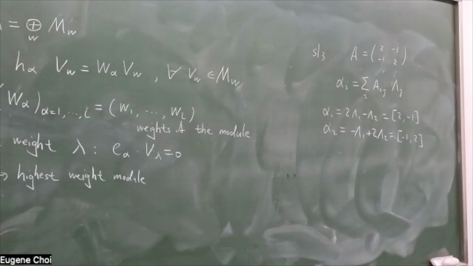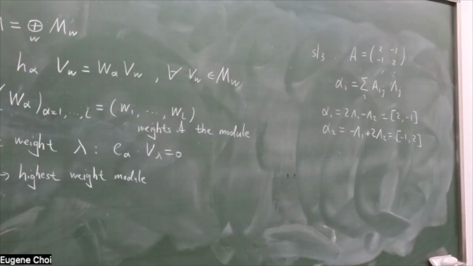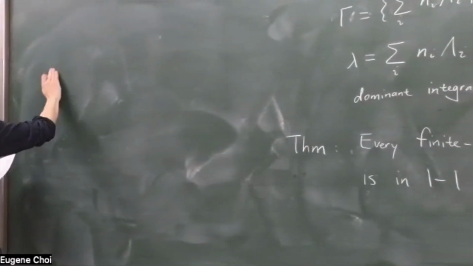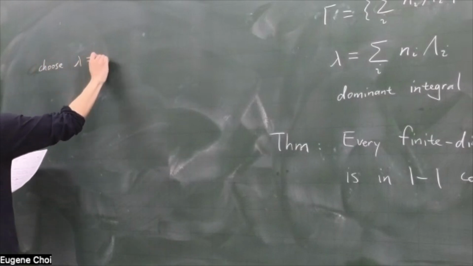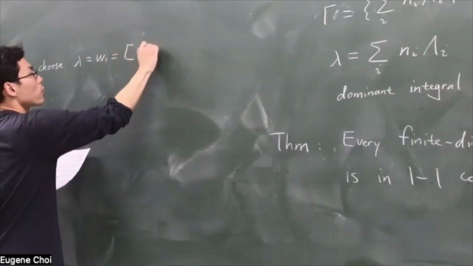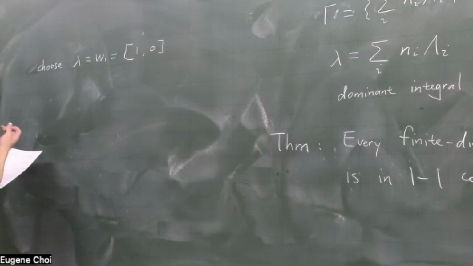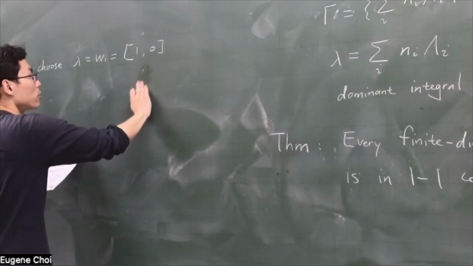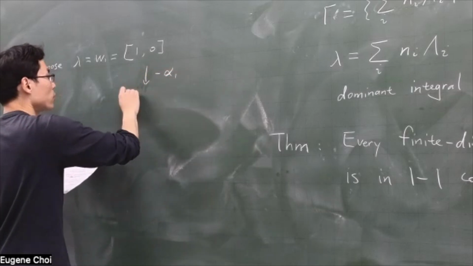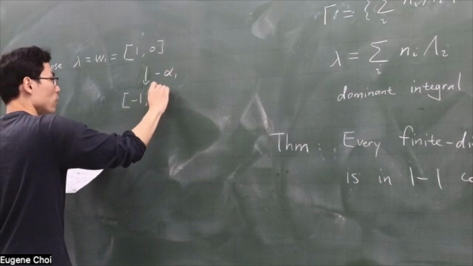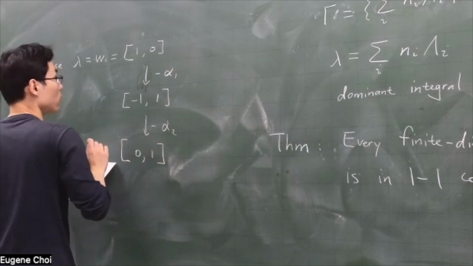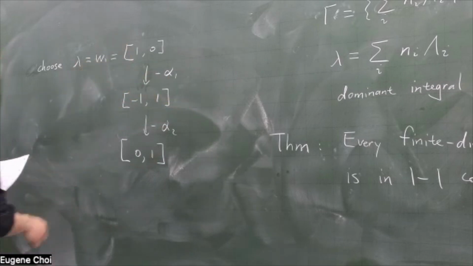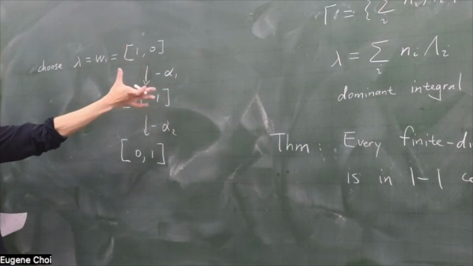So I can just generate the weight lattice. Maybe I don't have to draw this, but just an example. If we choose lambda equal to w1, which is essentially (1, 0), then we get the representation, so that the whole space is given by minus alpha 1, so it's (-1, 1), then minus alpha 2, (0, 1). So that's the weight space decomposition,